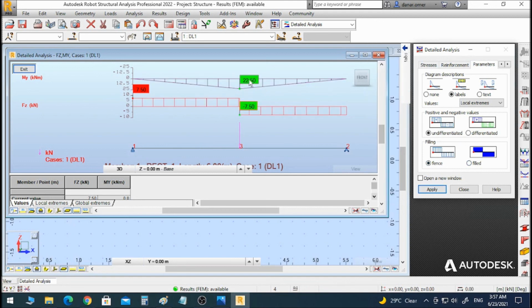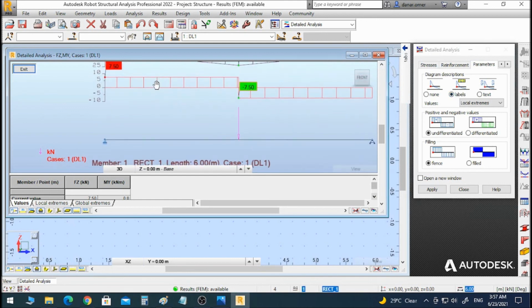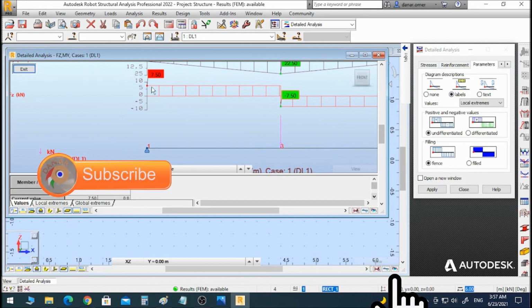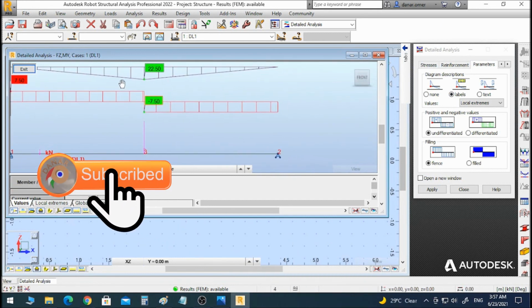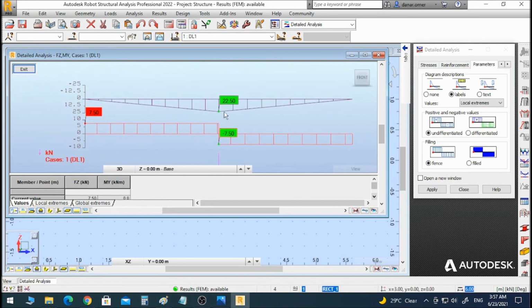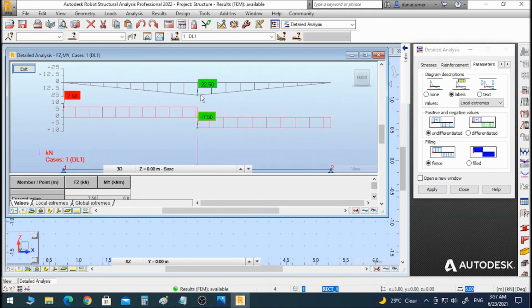And you can get the result. So this is very important to activate this one, so you will get the result. As you can see here, the value of the shear is 7.5, and here it's minus 7.5. Our maximum bending moment is at the center, which should be at the center in our case, and it's